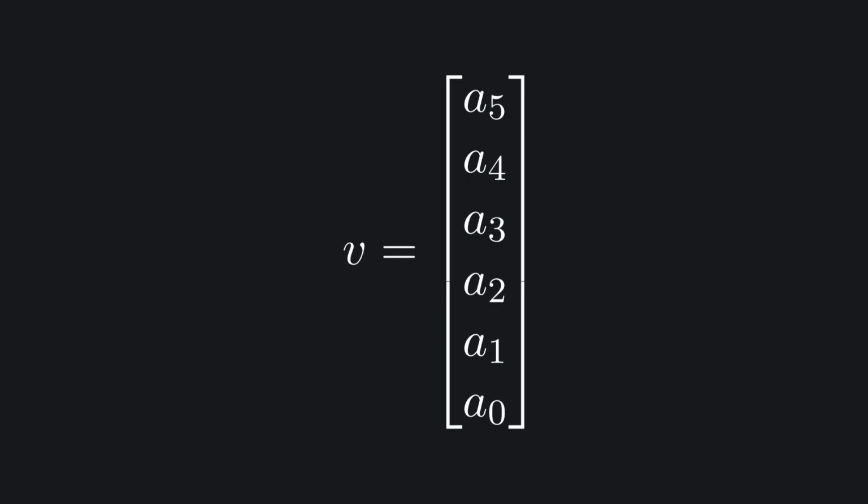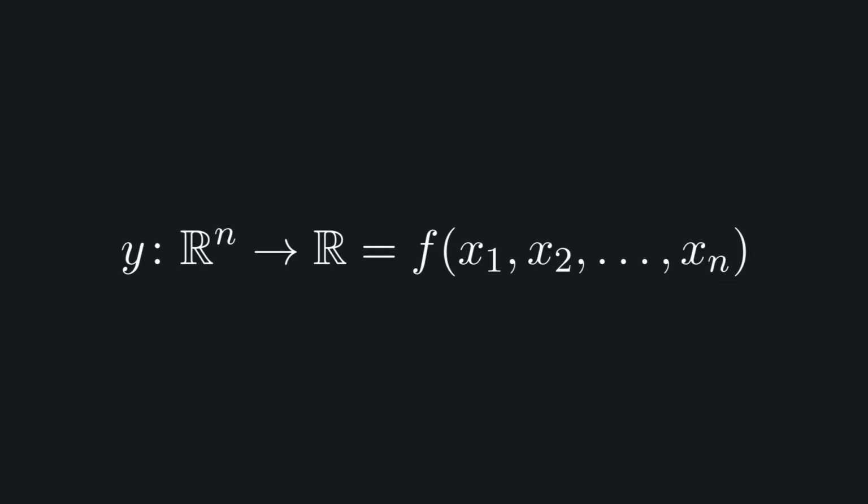In this case, we could be looking for 6 coefficients instead of 2. That means that to fully determine this polynomial, we need 6 data points. If we have more than 6 data points, then we are back to the least squares approximation, and we can use those points to form the matrix A, to form the vector B, and to resolve the vector V using the least squares approximation. And of course, you can extend the use of least squares to problems where the input has more than 2 dimensions, which is good, because that's what colors have, they have 3 dimensions.